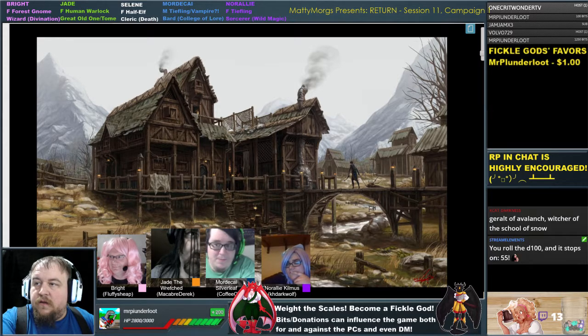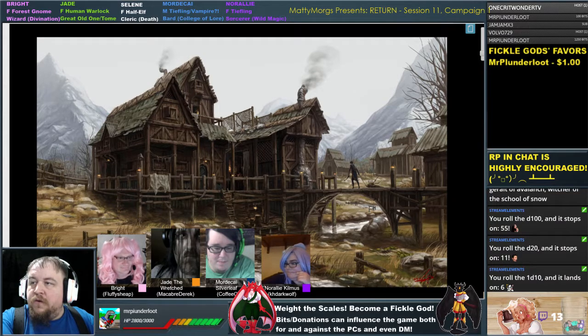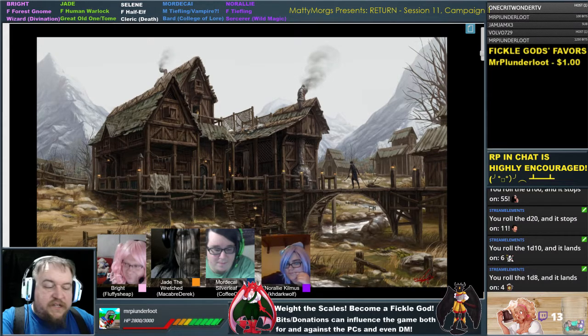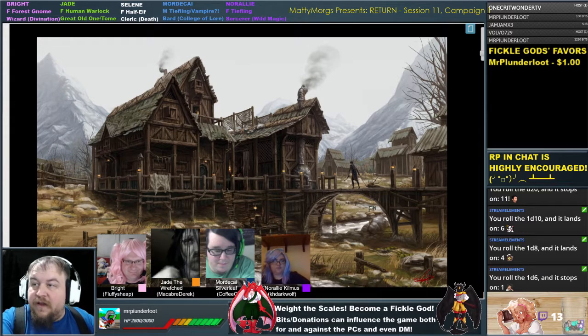D20. So far, you're up to 66 gold. You are up to 72 gold. You are up to 76 gold. $77, and